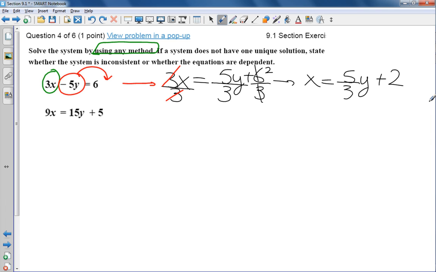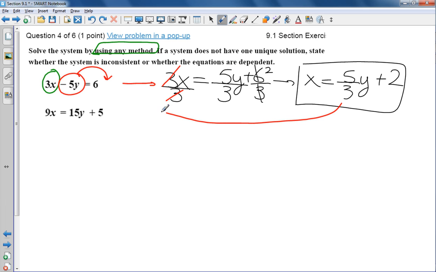Put this under a frame, because we will come back and use this. Don't lose it. First, we will use it in the second equation, and then we will use it once you obtain the y value. You will come back and use the y value here in this equation. Okay. Now, next